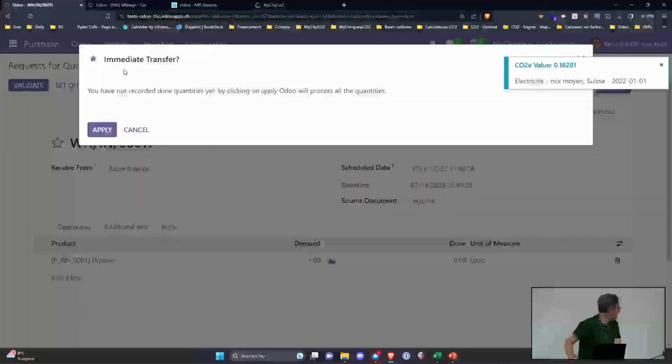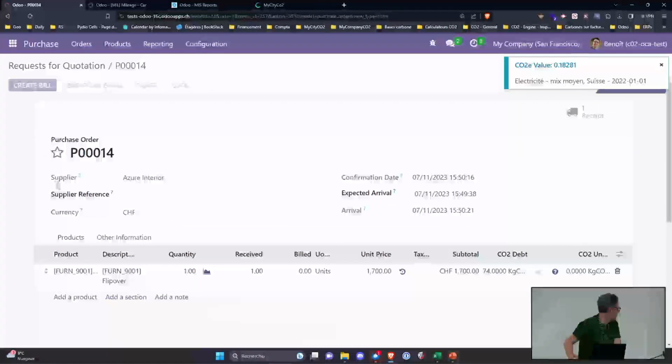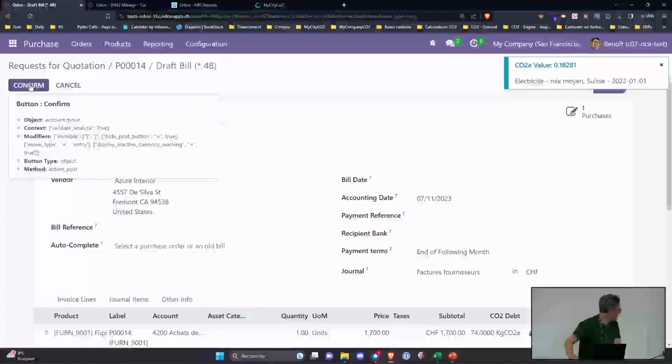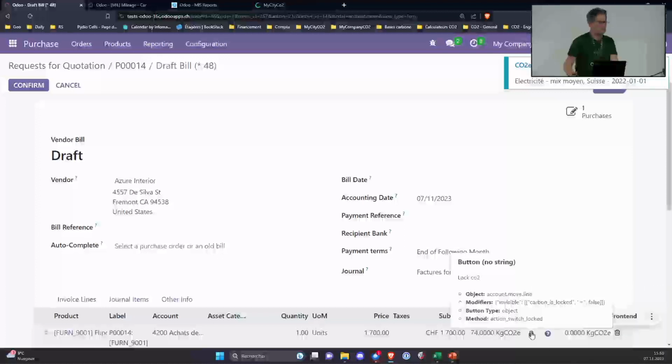Let me do this quickly. And I create the invoice. Here what you see is that the data is locked, so whatever the rest of the setup, the purchase person said it is worth 74, that's it, nothing else.